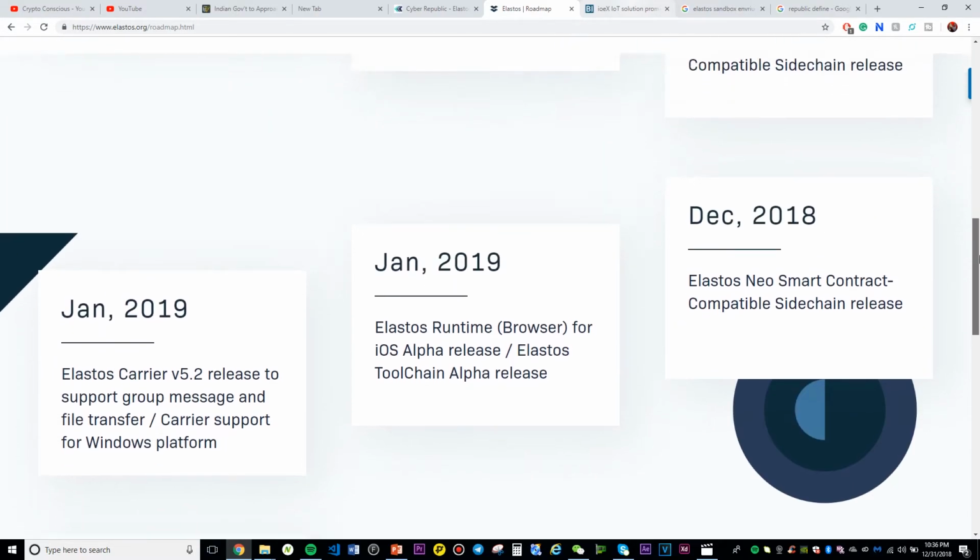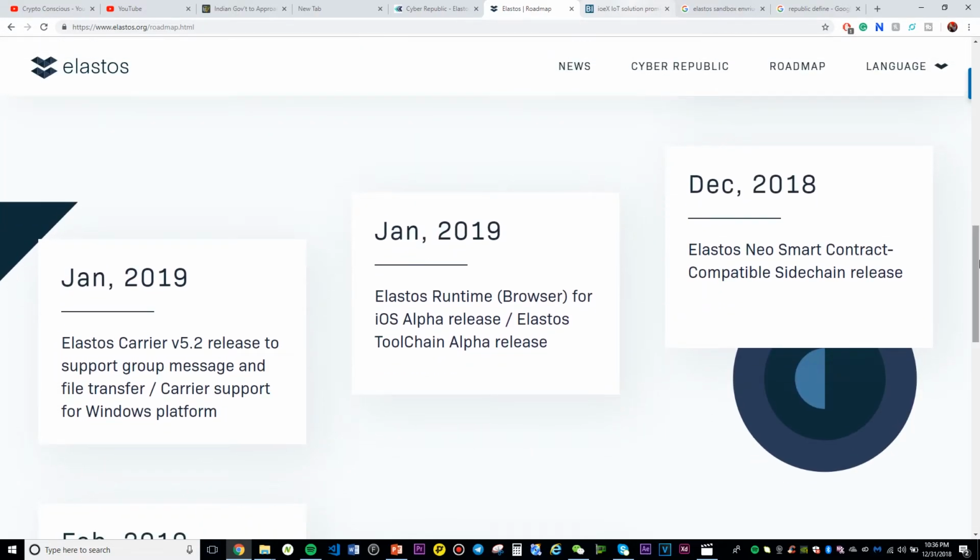So that's pretty much it with that. The technology is good. They're busy. They're continuously developing. It's obviously not a shit coin where the team is not really working on the coin anymore. They're continuously developing and working on it. That's a very good sign. Very bullish sign, in fact.